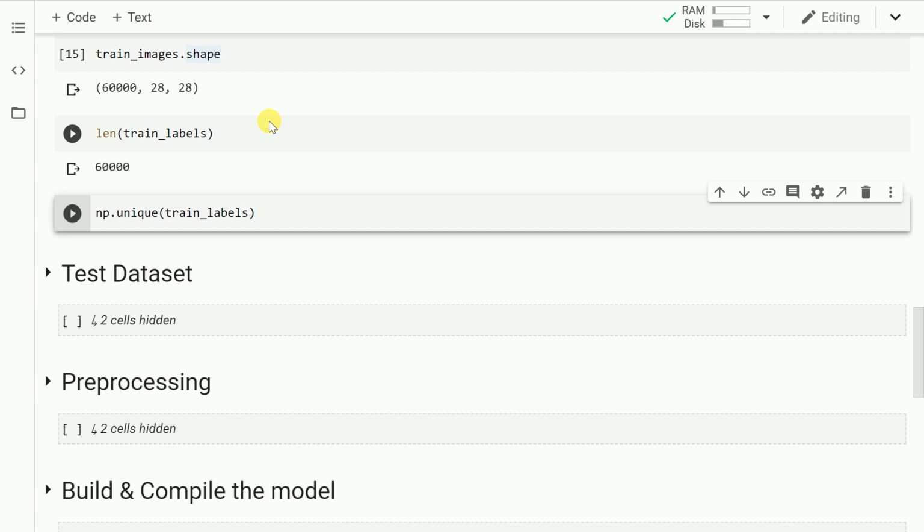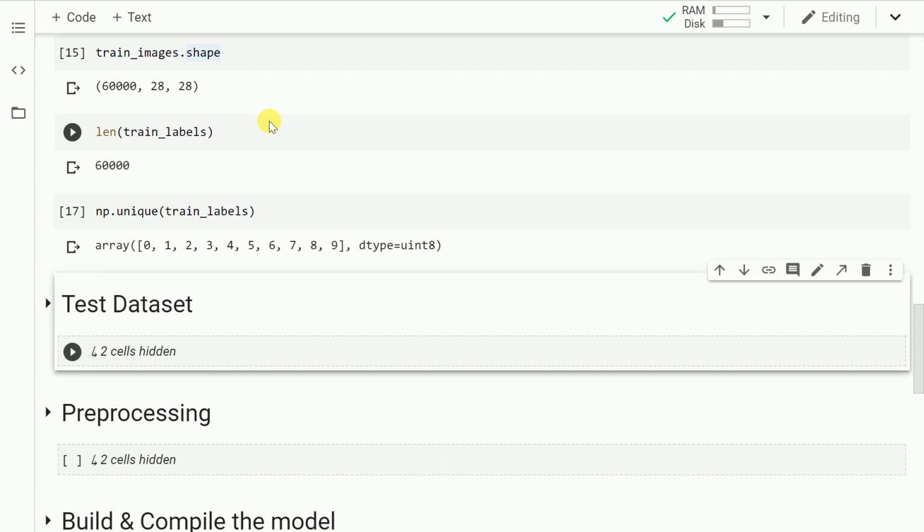So for every image in my training dataset, there is a corresponding label associated with it. If now I have to find out the total unique labels, then I call the function np.unique to find out the total classes that exist in my training dataset. As you can clearly see, there are classes ranging from 0 to 9.